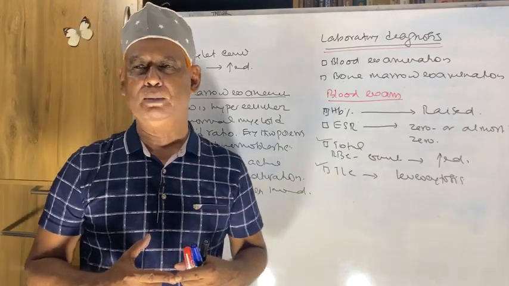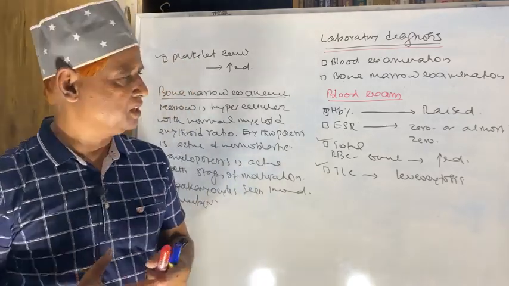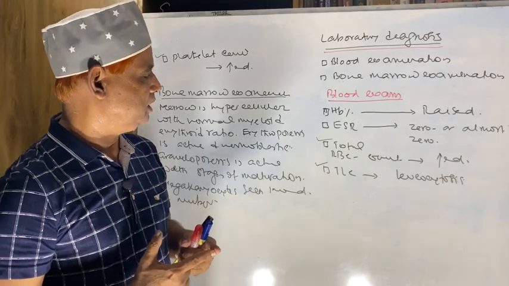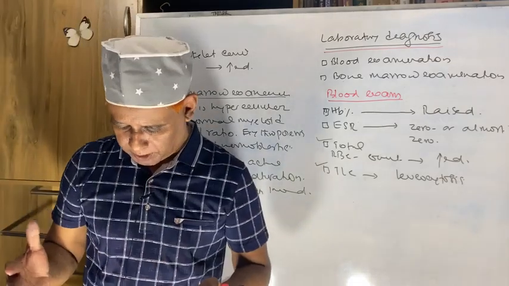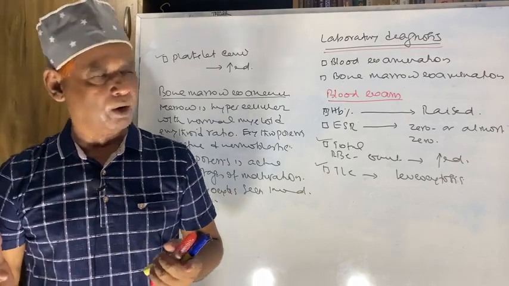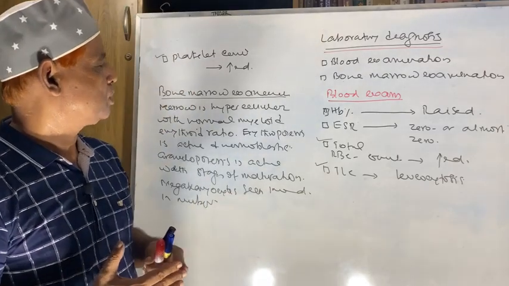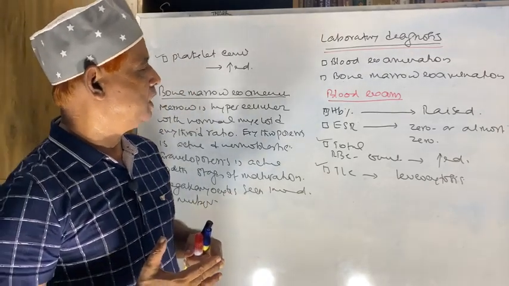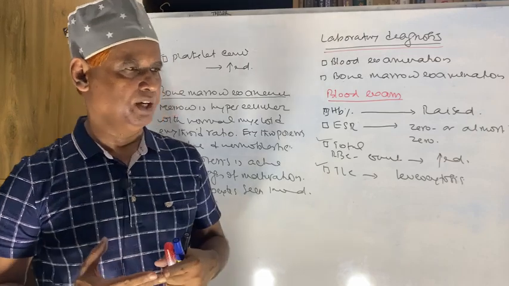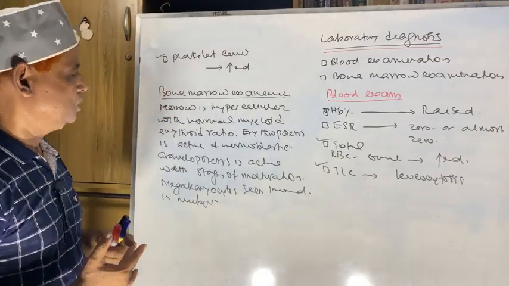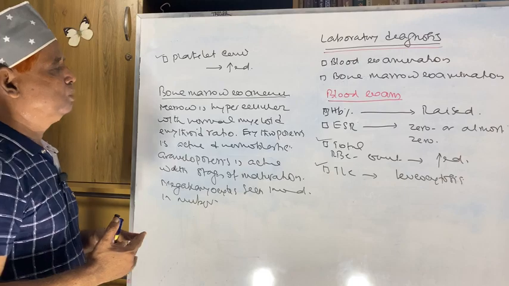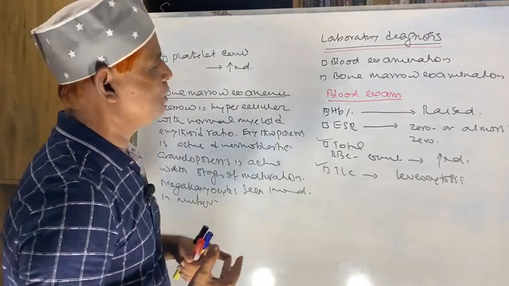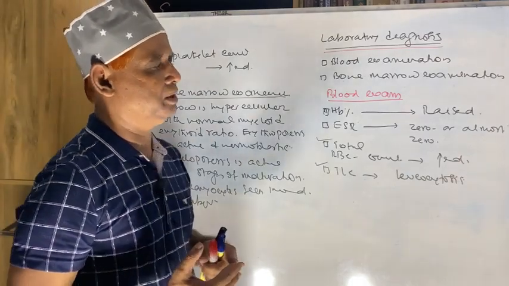Progenitor cell cannot multiply indefinitely, but the stem cell can multiply indefinitely. The myeloproliferative disorders are polycythemia vera, chronic myeloid leukemia, essential thrombocythemia, and myelofibrosis. Polycythemia means increased number of RBC, WBC, platelet in blood,